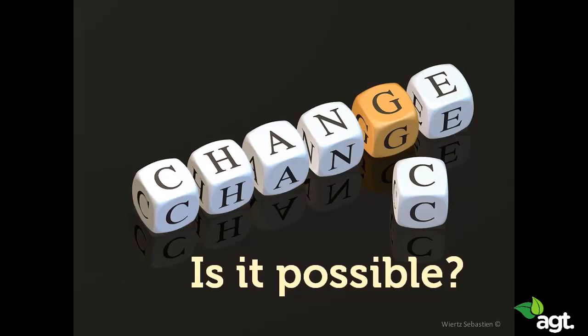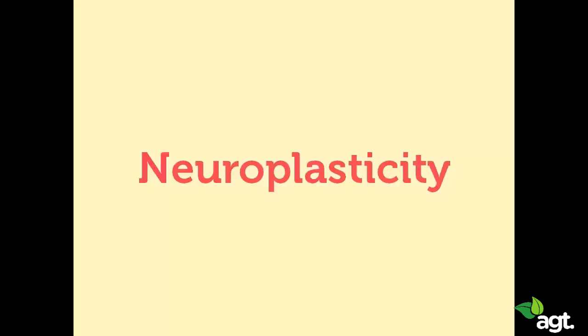At the end of the last century, scientists started to notice that the brain actually does change. And this ability of the brain to change is what's called neuroplasticity. Neuroplasticity stands for the remarkable capacity of the brain to change itself. The brain is actually able to change throughout our lifetime. Even when you're 90 years old, your brain changes. It still forms new connections.